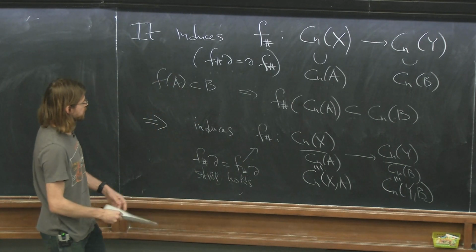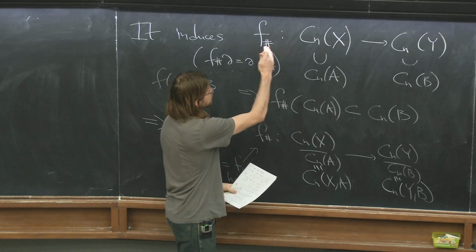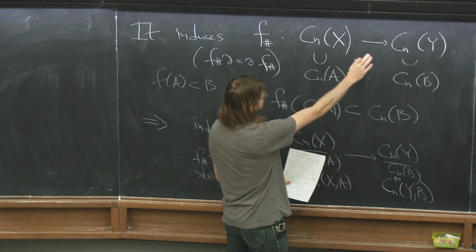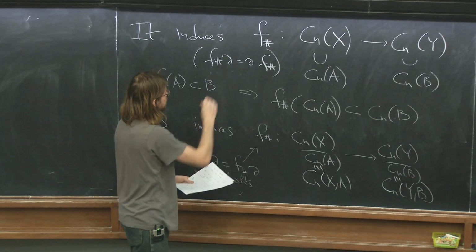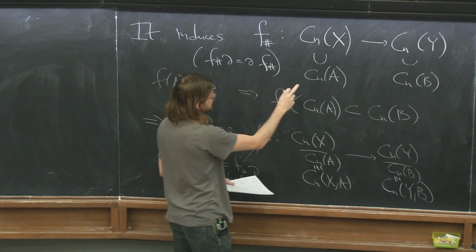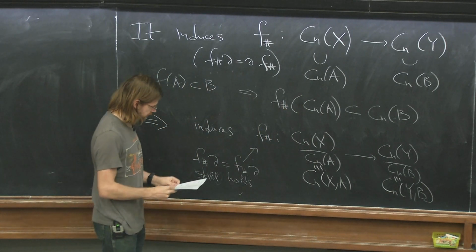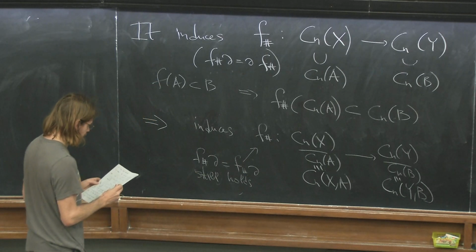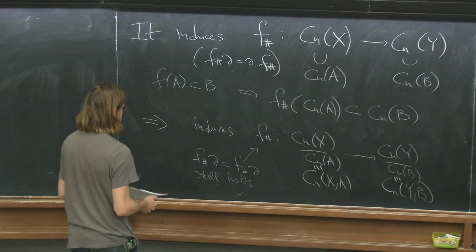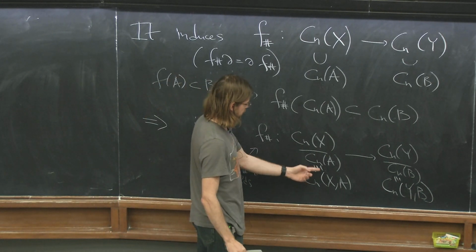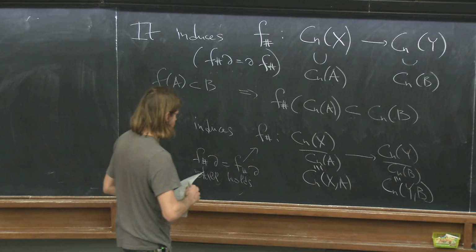This is because this F sharp is just defined in terms of the F sharp on these original groups of singular chains, and it commuted with D, and also we know that D respects this inclusion. This property still holds, and this means that this F sharp, considered as a homomorphism on these quotient groups, is a chain map